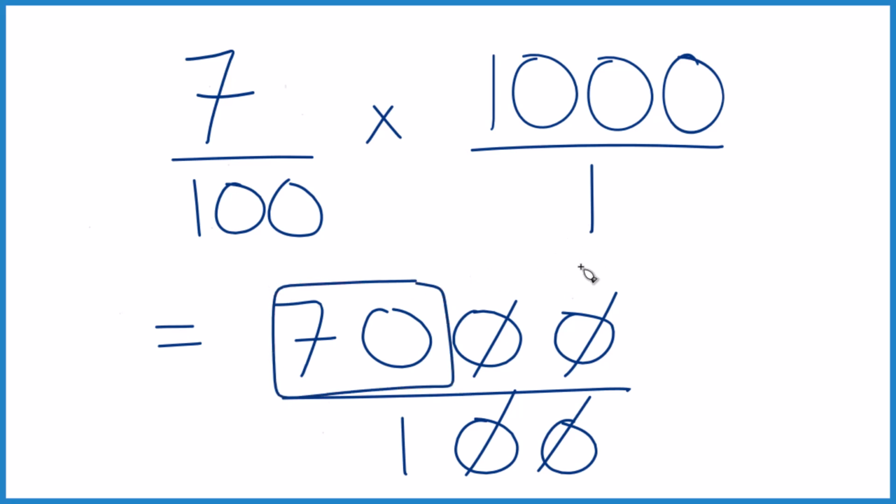One more way you could do this. You could take 7 divided by 100 and get 0.07, and then multiply that by 1,000, and you get the